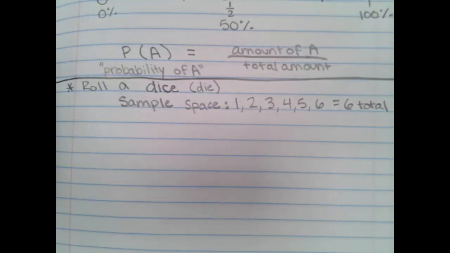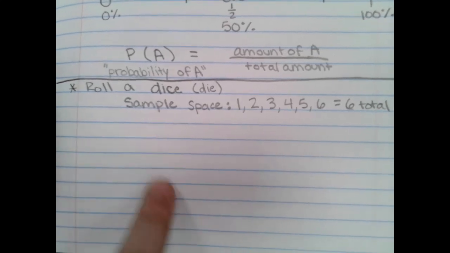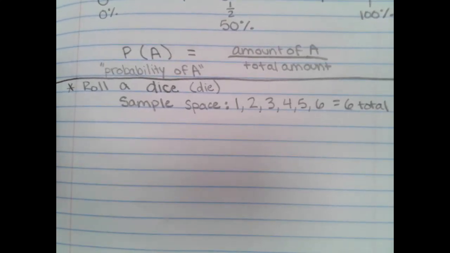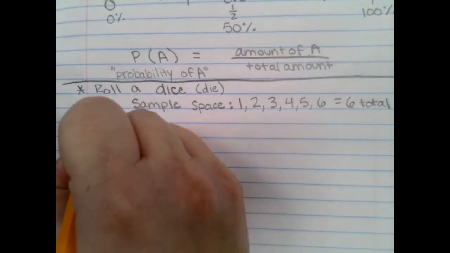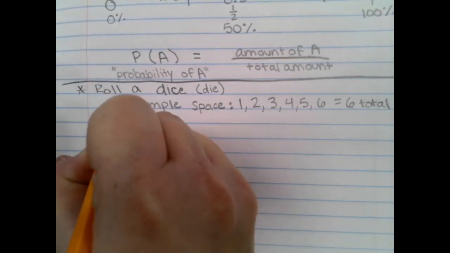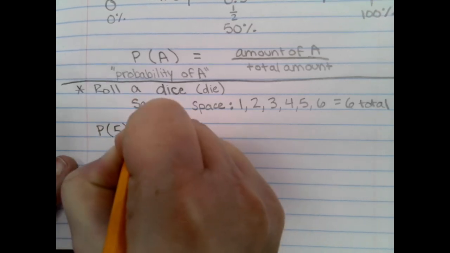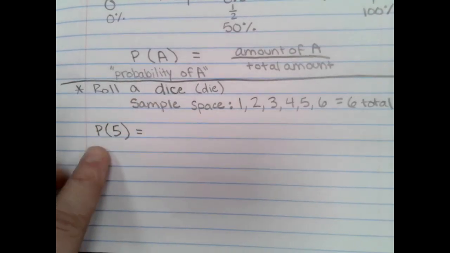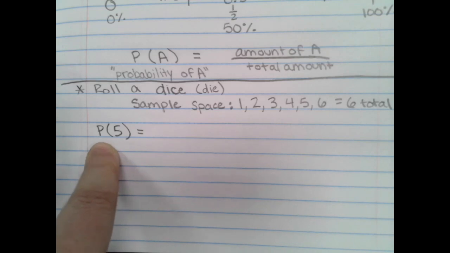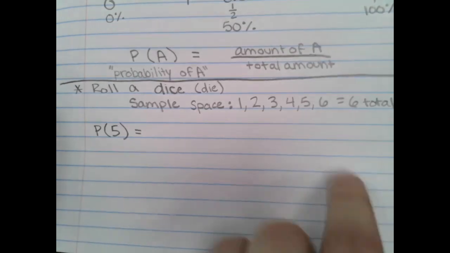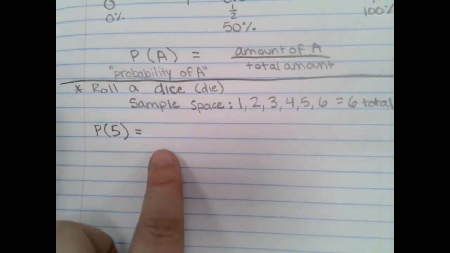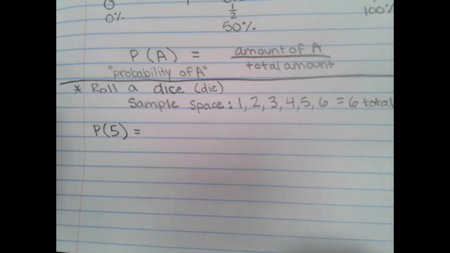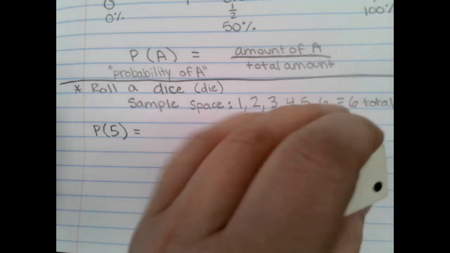All right, we're going to do 5 examples here. So as we work, if you have room for 5, try and space that together, or you might have to go to the next page. Okay? All right, first what we're going to do is our probability of rolling a 5. So I'm going to say P, and then in parentheses, 5. So P stands for probability. And then in the situation that 5 means that I'm rolling a dice. So what's our probability of getting a 5?